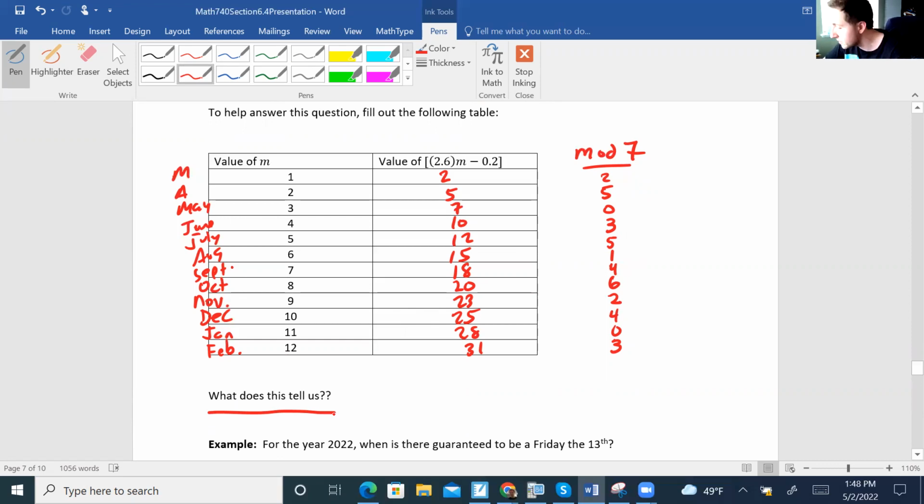Something is sticking out to me here that actually allows you to conclude that there is guaranteed to be a Friday the 13th every single year. See if you can figure it out real quick. Okay, so if you had some time to talk, one thing to notice is if you look from May all the way to November,